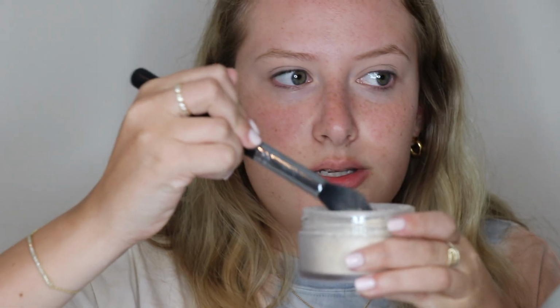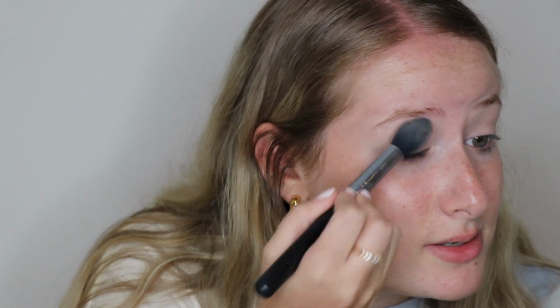I just definitely prefer putting powder. So I'm going to take my Laura Mercier translucent powder and put that on, but also some people take like this ColourPop palette. Some people just take a really light color like this and they'll just use that to set. Either works. It's the same thing as powder. Go into my powder, tap off a lot, and just go in and set and make sure everything's smooth and